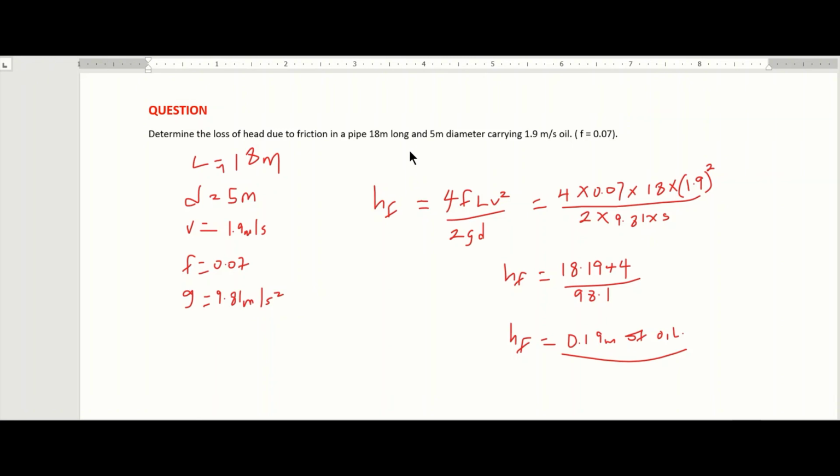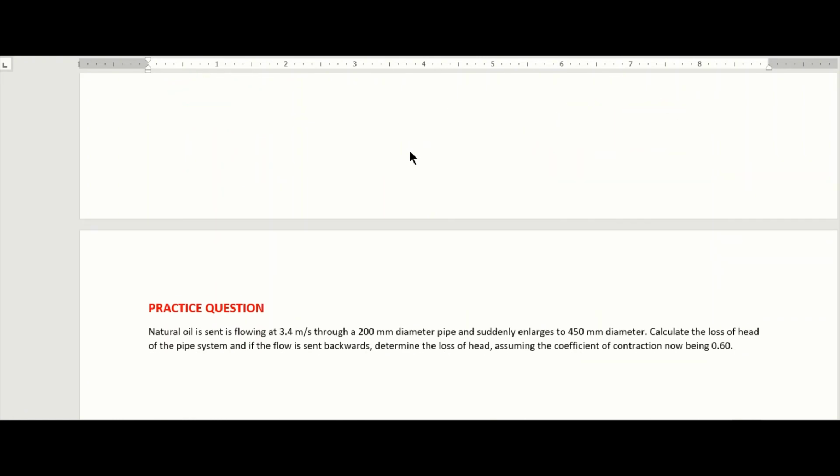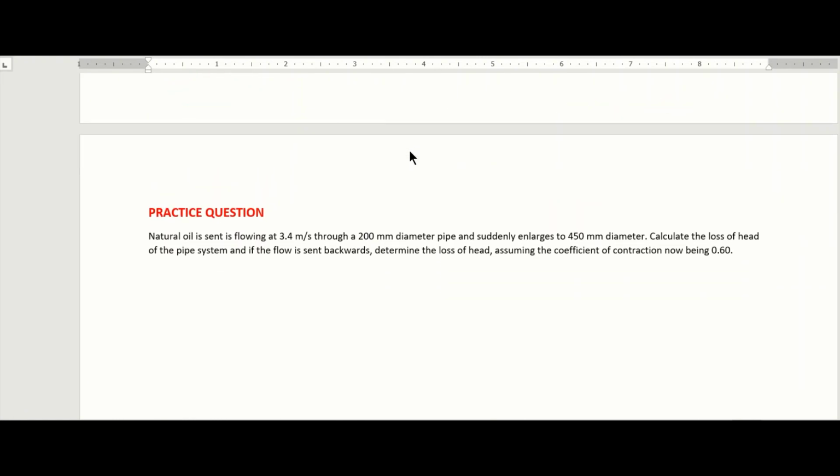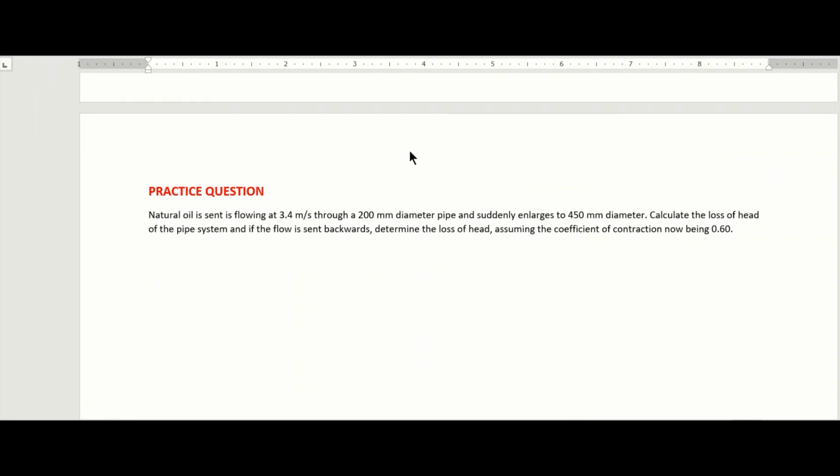It can also be due to pipe fittings, and also due to a bend in pipe. The major loss in pipe is due to friction. So here is a practice question for us to work out. Please do your best to attempt this question and send your